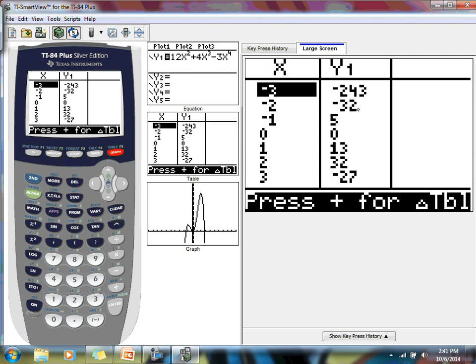Because my next value is positive. It's a -1, 5. That I can graph. 0, 0 I can graph. 1, 13, even 2, 32 I can graph. And then this 3, -27, I'm probably not going to graph that, but again, it tells me the direction that my graph is going. So those are going to be the values that I want to write down from -3 to